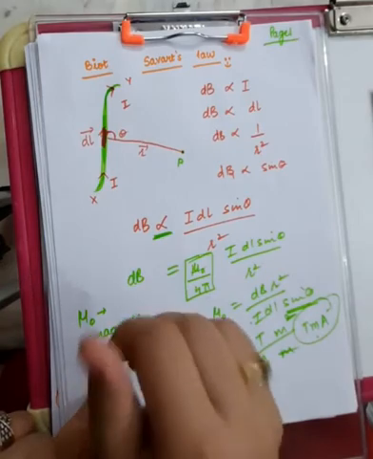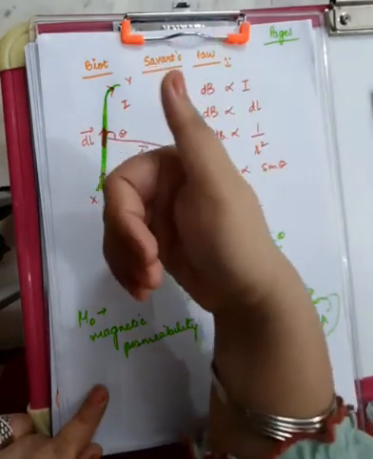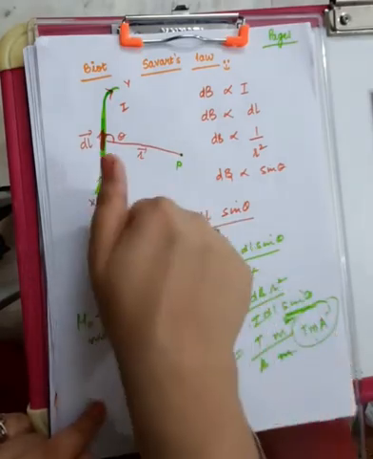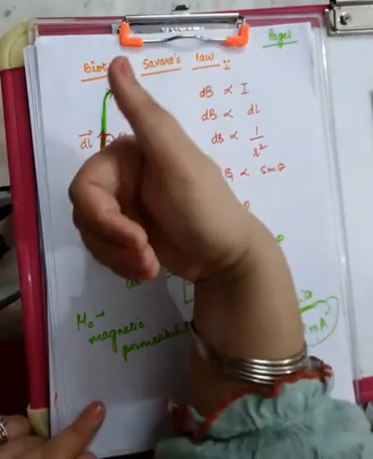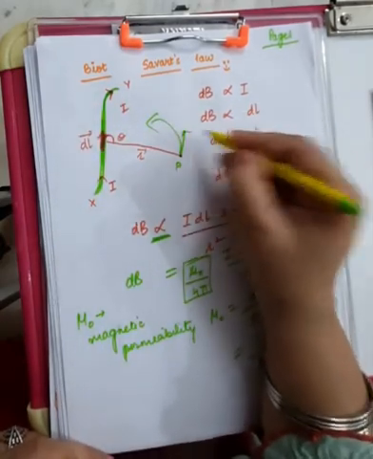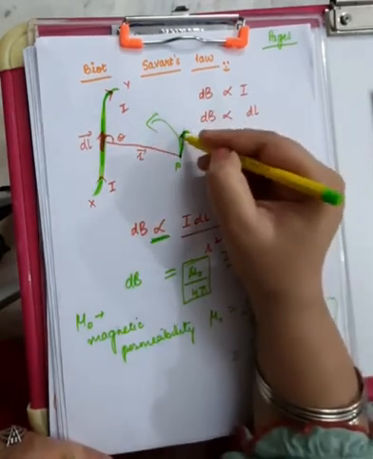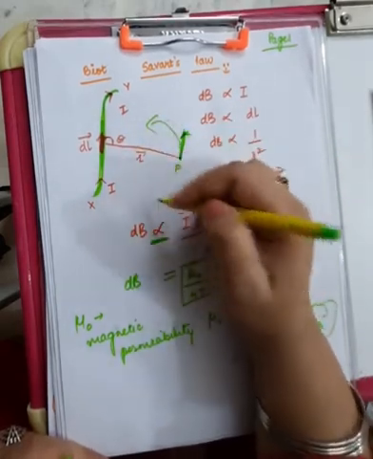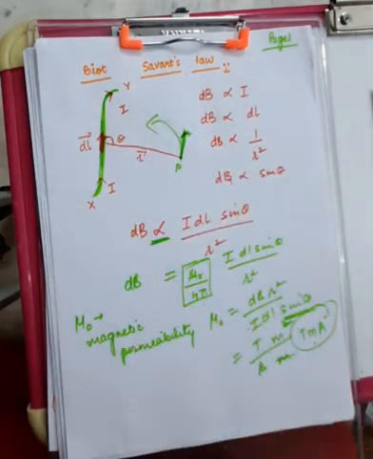Now you know that if the current carrying wire is carrying the current in this direction, then the right hand thumb rule will give you the direction of the magnetic field. So if this is the current carrying wire and this is your thumb, then your fingers are curling like this. So at point P specifically the magnetic field is going inside. At point P it will act along the tangent, and so it's going inside, and that's how it is actually making one circle. So at point P the magnetic field is directed inwards to the plane of paper.